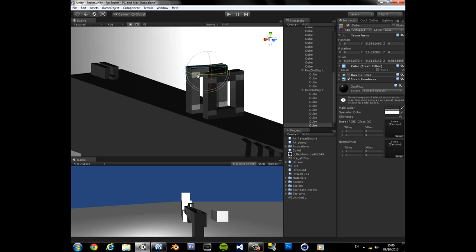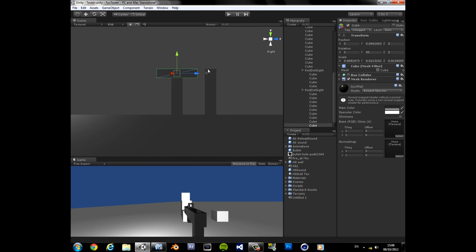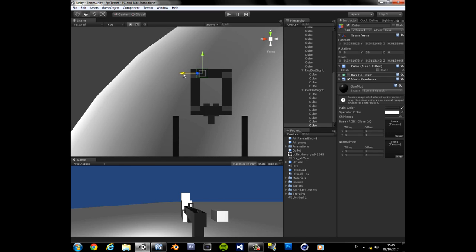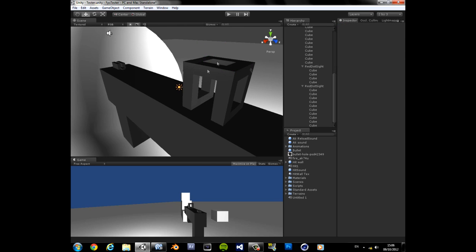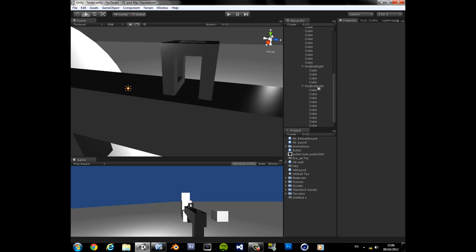I'm going to rotate it to 90, and we're just going to join them up. Nice and simple, basic. Okay, that's our ACOG. Now we're going to call this ACOG